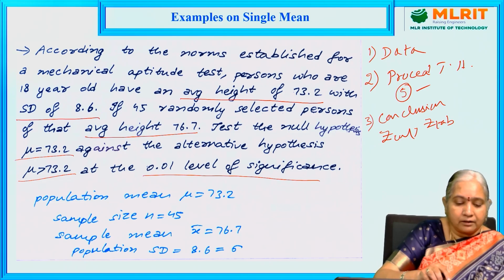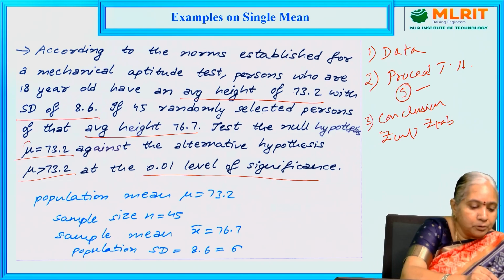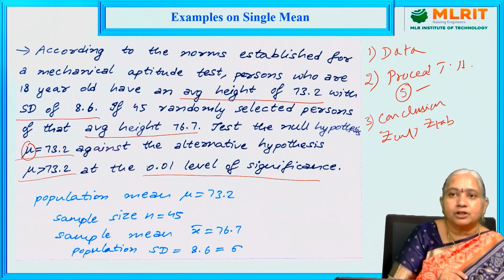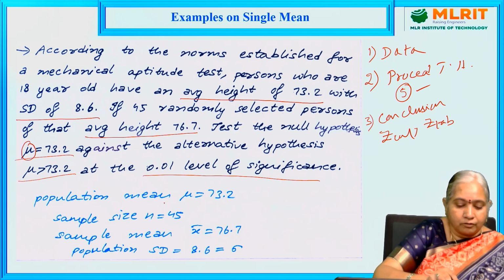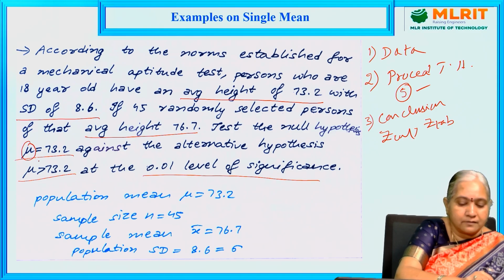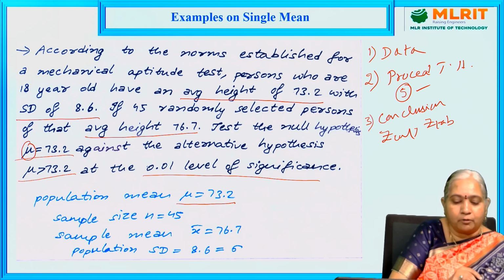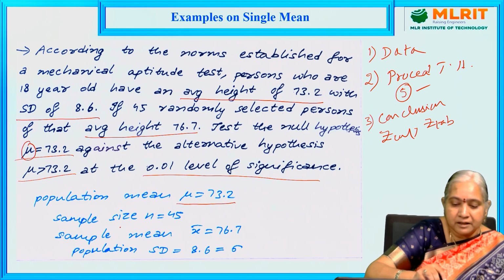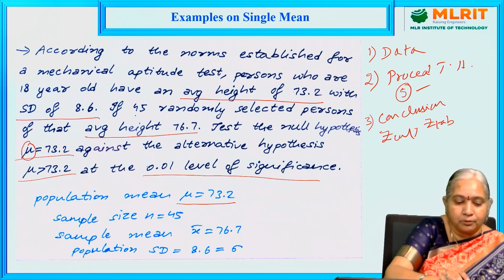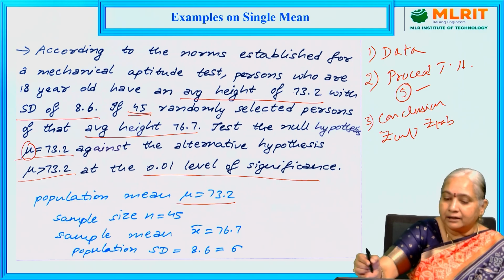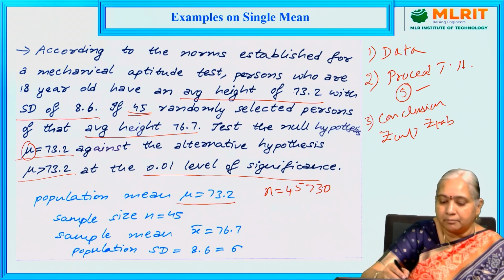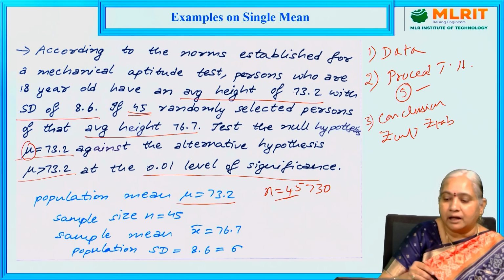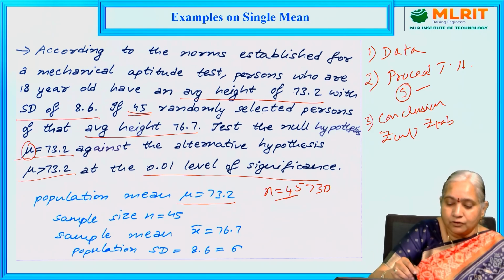So what is given? The population mean is denoted by mu. So we write in mathematical form, mu equal to 73.2 and sample size n equal to 45. Here n equal to 45 is greater than 30, which means this sample is a large sample. So for a large sample,